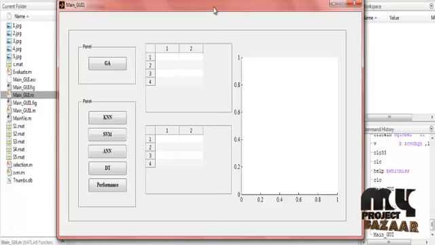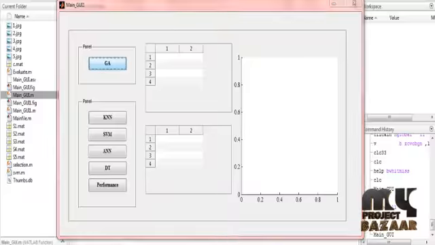This is the next GUI. In this next GUI we are using the optimization genetic algorithm. I will click genetic algorithm, the values are already displayed. For genetic algorithm optimization, the process determines which algorithm is good. So I will click the genetic algorithm process.